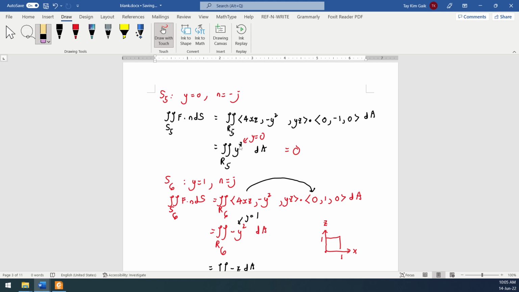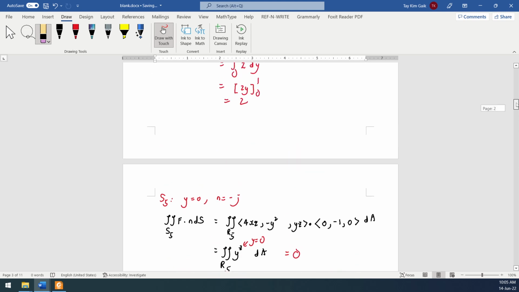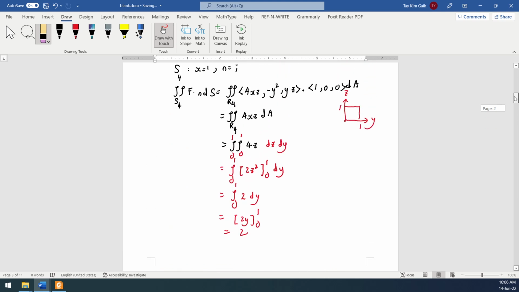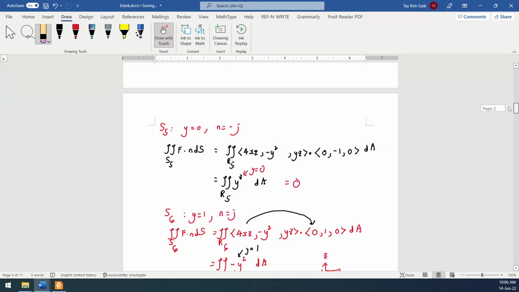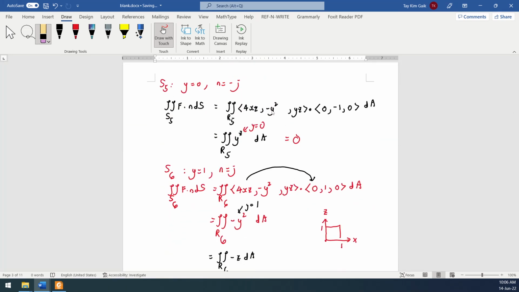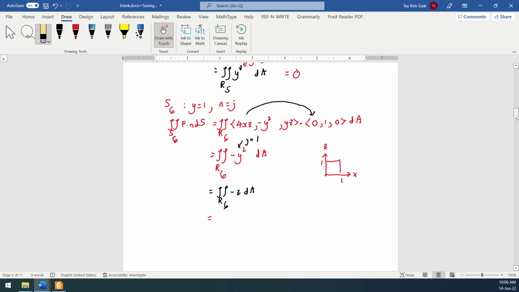Okay, so S5, because y is 0, so the answer is 0. Okay, so S5, is there any mistake on top? Okay, this one is correct. So S5, because negative y squared times negative 1 is y squared. Substitute y equal to 0. So the flux integral on S5 still gets 0. And then on S6, negative y squared. Substitute y is 1, so you have negative 1 dA,